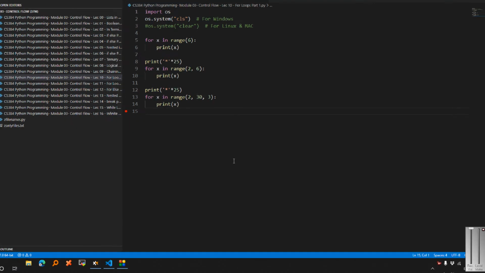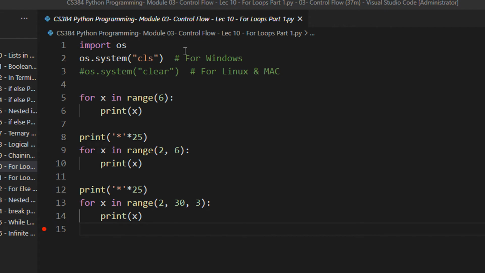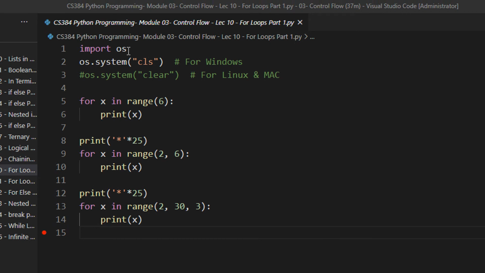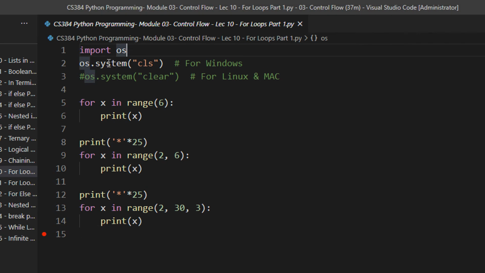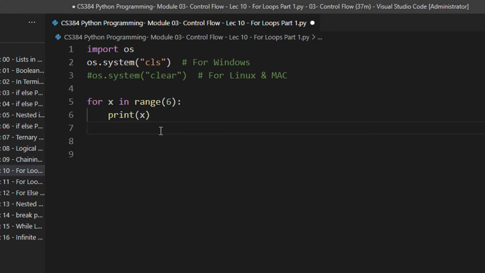Okay? So in for loops, you of course might have seen them in C when you have done it, but we start with the very basics. As always, just keep these two lines at the start: import os and os.system("cls"). If you are on Mac or Linux, then comment this line and uncomment this line. So let us see the first basic form of the for loop. The for loop is very simplified in Python, but we will also see the advanced forms of it. Okay, so first let us execute this code.